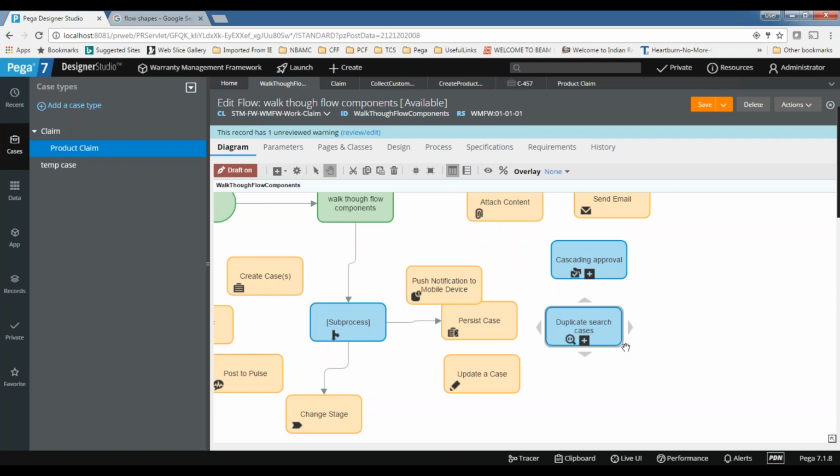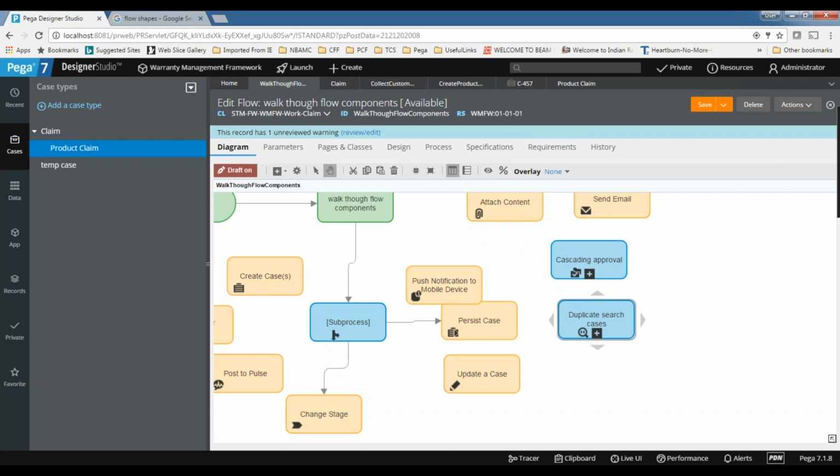So in those scenarios we can build this. If you want to build duplicate search cases, when do you say something is a duplicate? It's not directly for each scenario; it depends on the scenario requirements. Let's say in a credit card scenario, every customer will have an ID. If the customer ID is the same and the credit card type is the same, then I can say it's a duplicate. If only the customer ID is the same, I cannot say it's a duplicate application. If only the credit card type is the same, I cannot say it's a duplicate application. So we need to define when we say something is a duplicate.